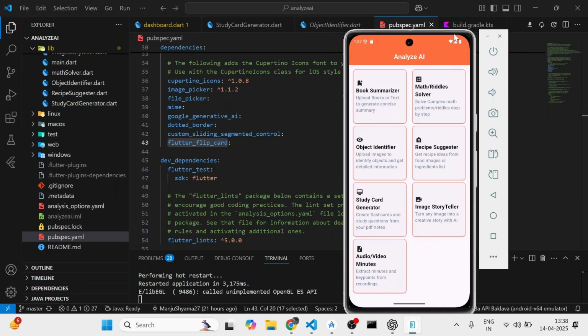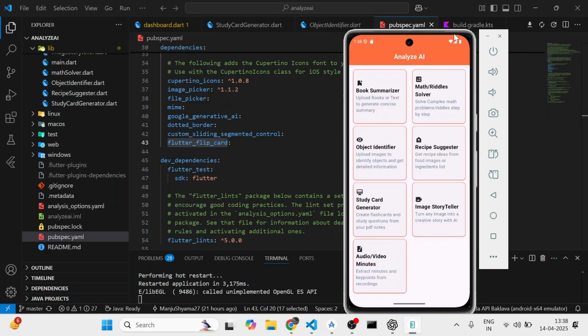In today's video, we are going to be seeing how we can make an analyze AI. This application is basically a data to text converter. Earlier we had seen a text to text converter. We had built a ChatGPT application. We had also seen how to convert text to image using Stability AI. We made an image generator.